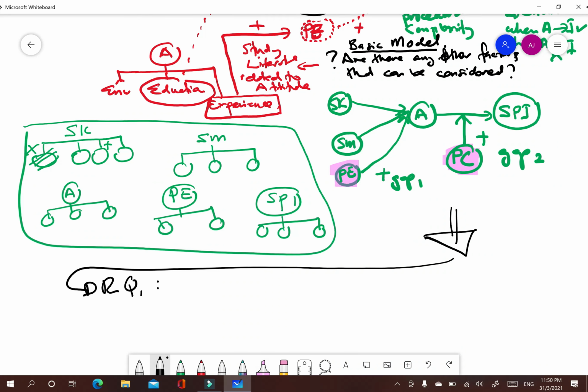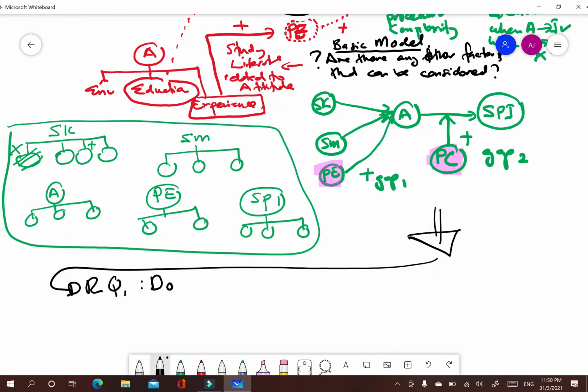Research question 1, very specific, for example: do sustainability knowledge, social motive, previous experience influence attitude?